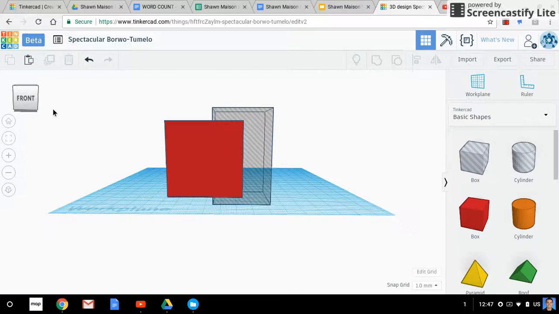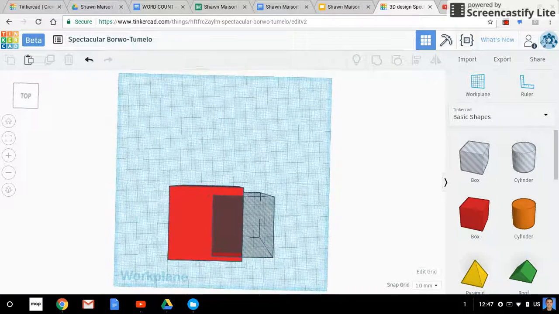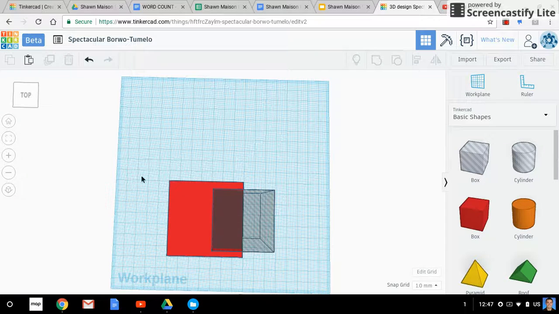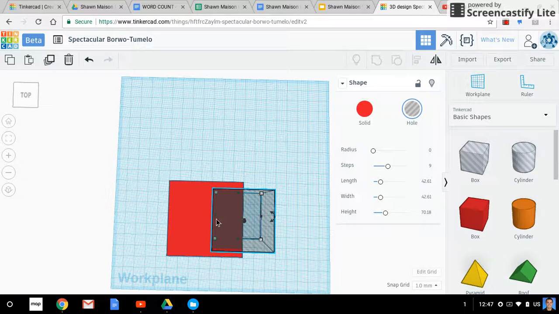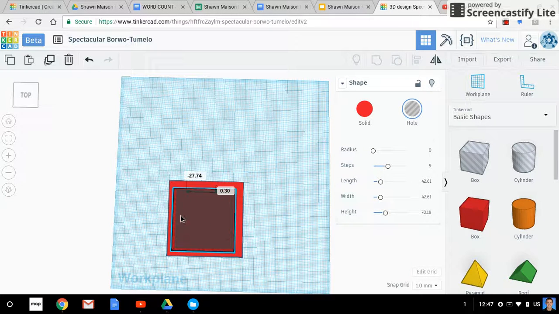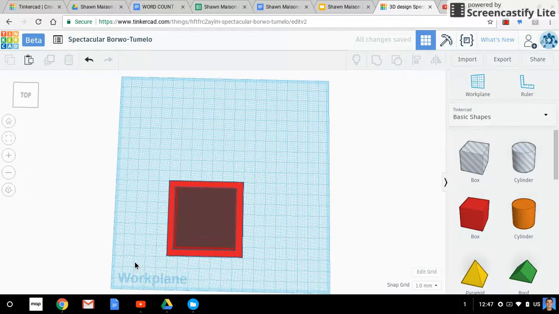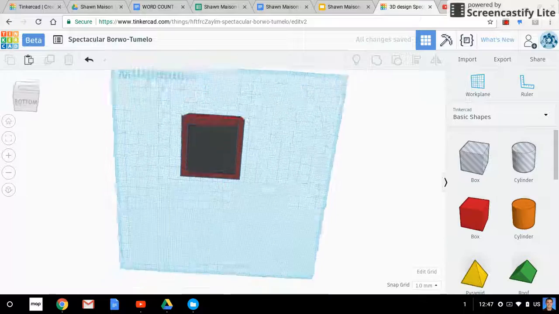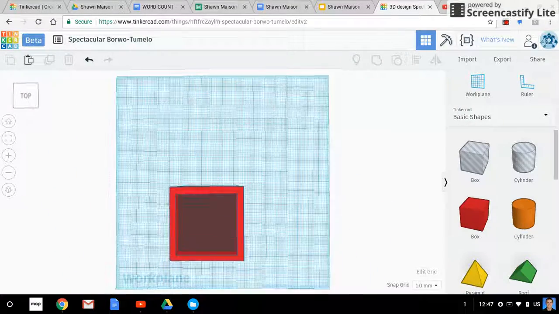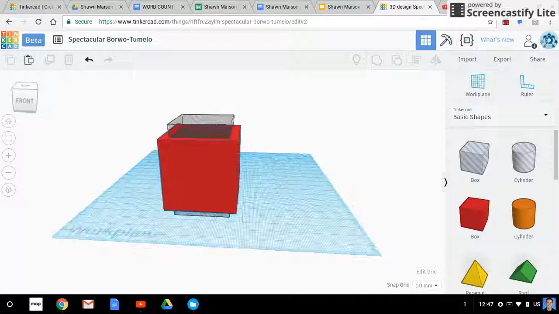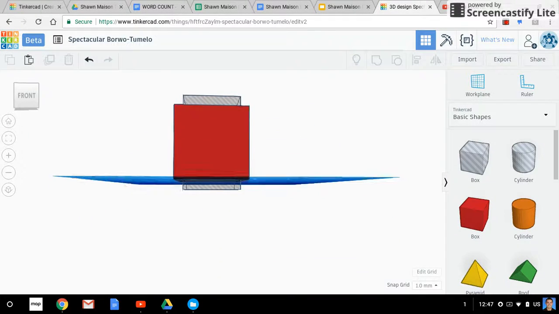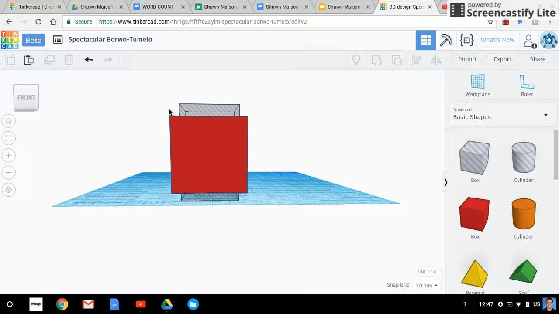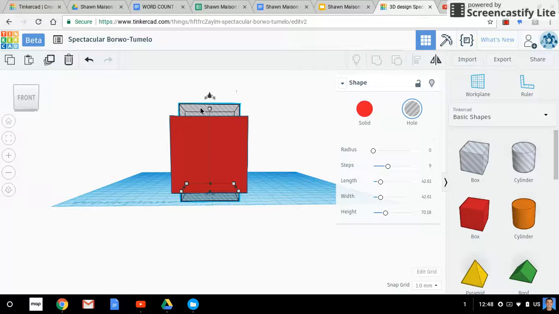Now I could have brought in a hole, but in this case I just changed one of my shapes to a hole. Now if I look at this from above, you might be able to kind of see what I'm trying to accomplish here. In this case, I want to actually drag my whole structure to where it's roughly in the middle of that box. And then you can see I have a perfect square opening in my box and a hollow structure. Now if I wanted the box to have a bottom, all I would do is lift that whole rectangle cube upward. And if I did that, then indeed,